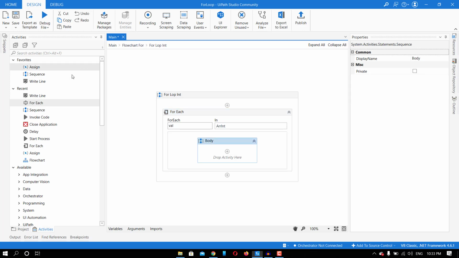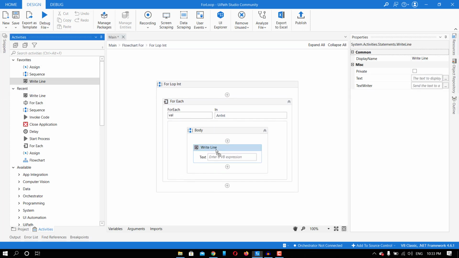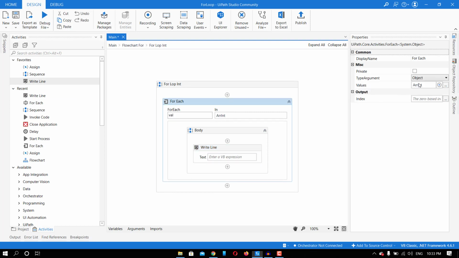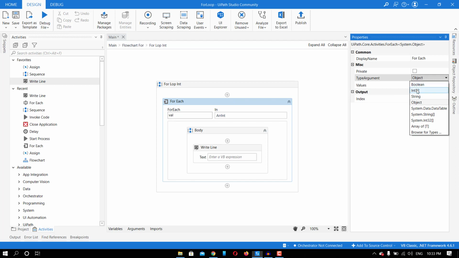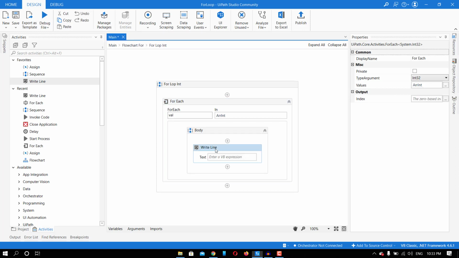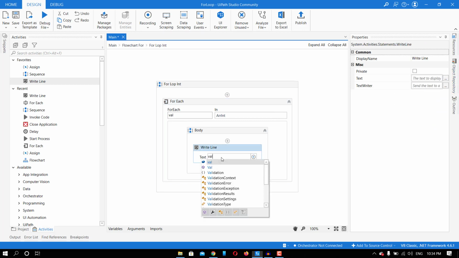Now I am going to do write line, and don't forget to change the type argument. Okay, so here it's an integer, so I will take the integer. So in the same way, if you are working on something else, you can change the type argument from here. And now I will write val dot to string because it's an integer value.